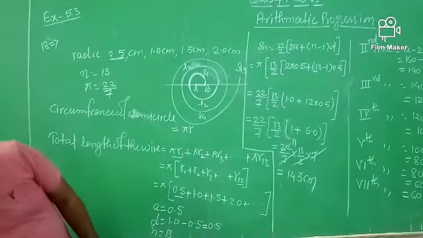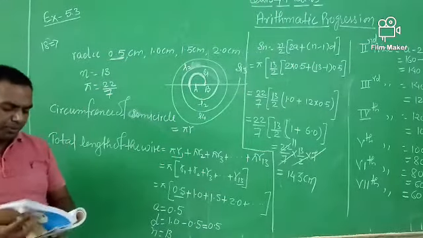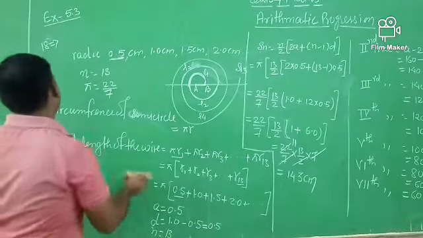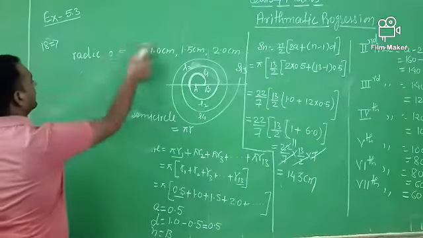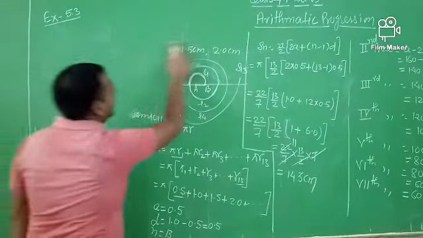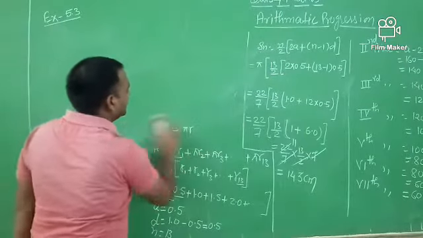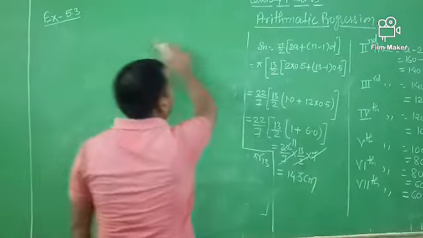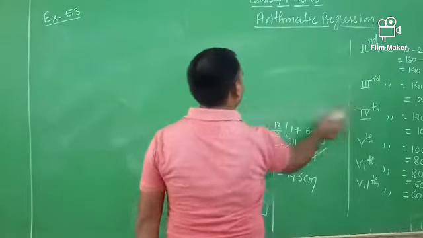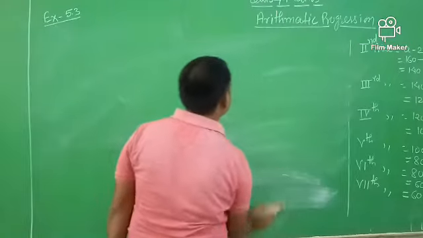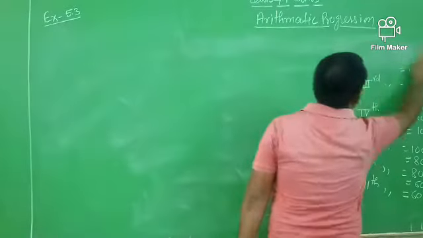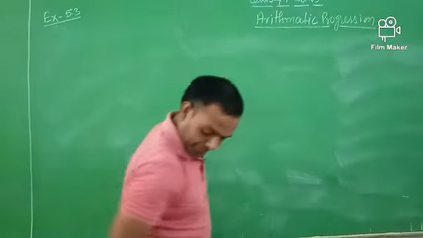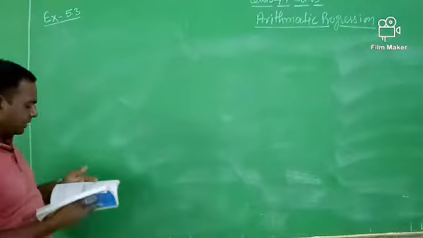Okay, so all of you understand? I think all of you understand. So we are going to solve the next question. The next question is also given here, question number 20. There is one activity given in the question, and in this activity the problem is related to arithmetic progression. So first I read the question, and after that we solve it. Okay, so first I read question number 20.